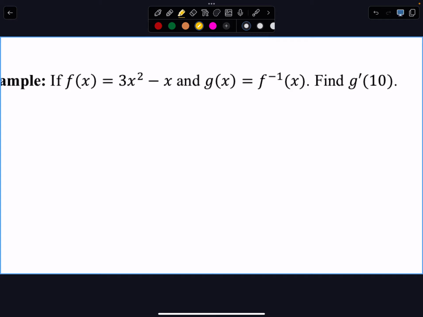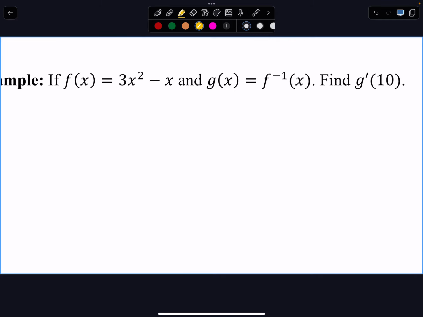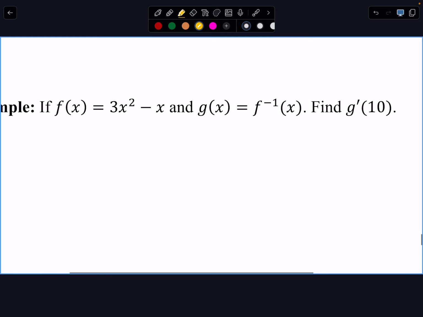Now, this next one. If f of x is equal to 3x squared minus x,